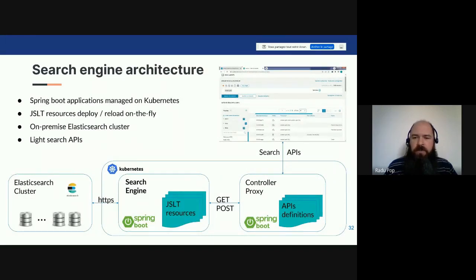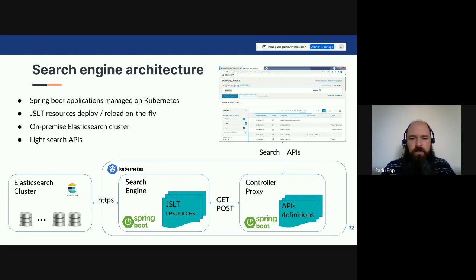All these APIs fit into a general architecture that we show here. On the right top of the screen is the application that interacts with our search API, and all these transformations and the query interpretation are done by small Spring Boot applications developed and deployed on a Kubernetes cluster.